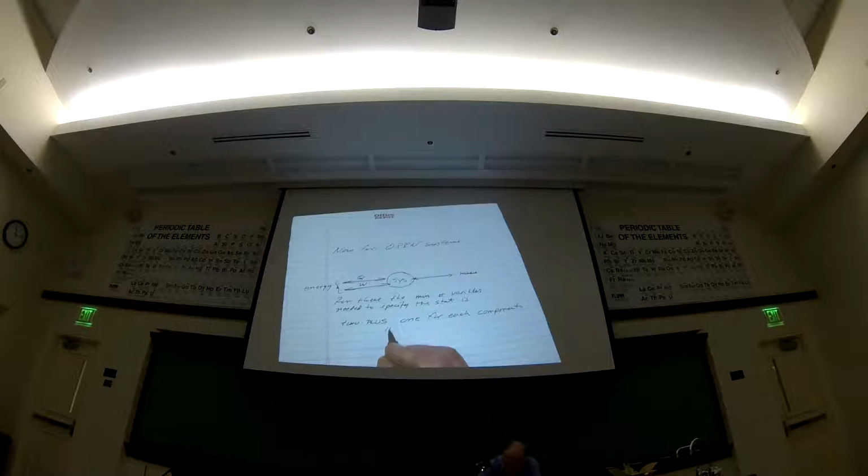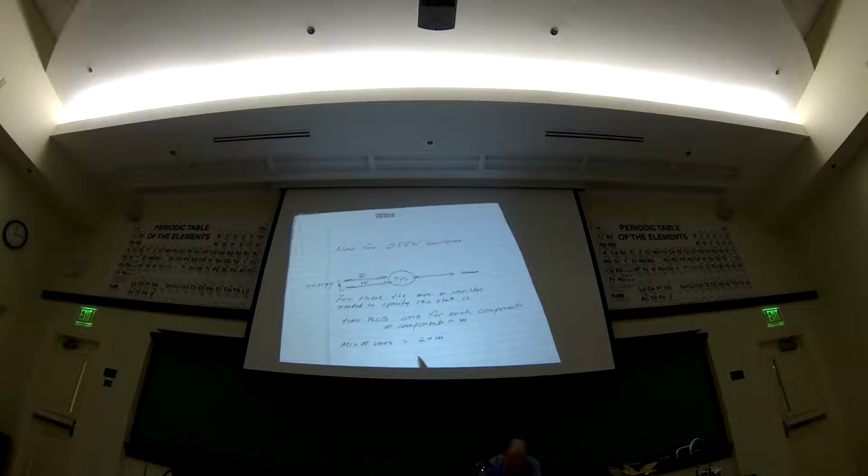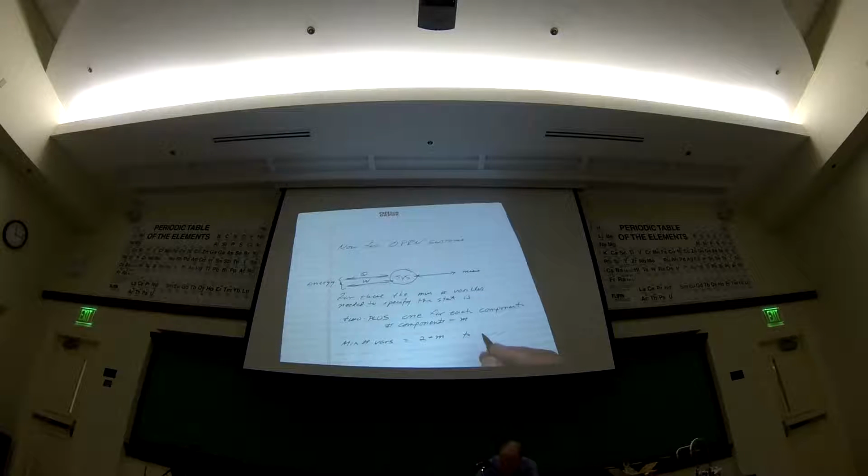Well, if we let the number of components just be m, then the minimum number of variables is equal to 2 plus m, to fix the state. For example,